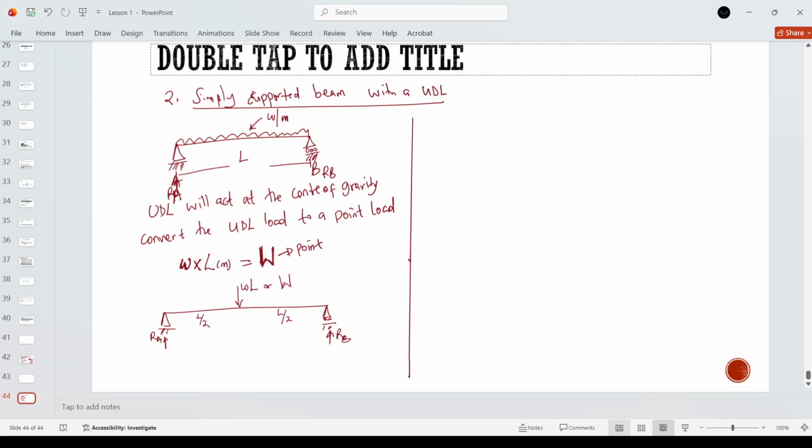So if it's acting at the center, it means that the loads will be distributed equally to the supports. So you divide WL, and the reaction at A will be WL over 2. Realize the W we are using. So if it's kilonewtons, newtons, this will be the magnitude of the force reaction acting at the supports. So if we draw our free body diagram,